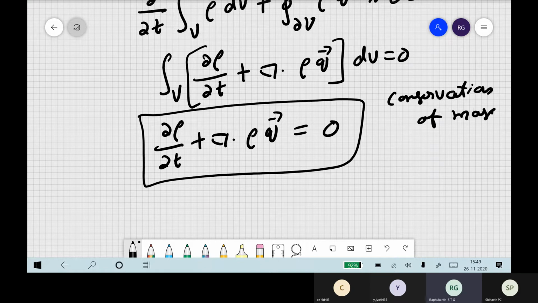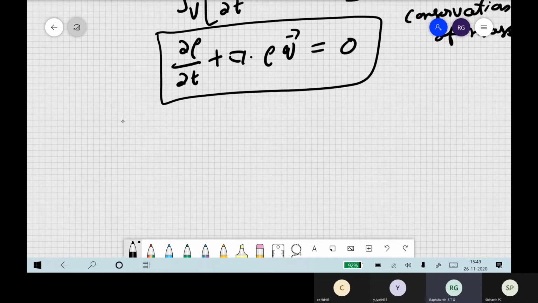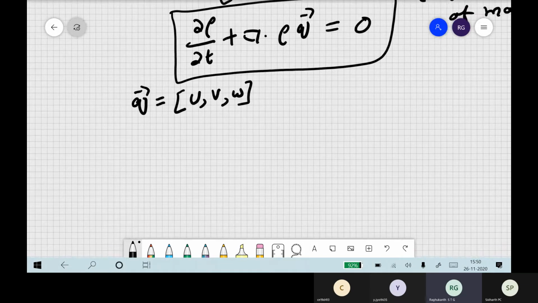So you can write in integral format, or you can even write it in this format also. If q is velocity, or whatever the displacements u, v, w are, you can expand, and then you can write this in a nice fashion. This way you can derive conservation of mass, conservation of momentum, conservation of energy, and all those things.